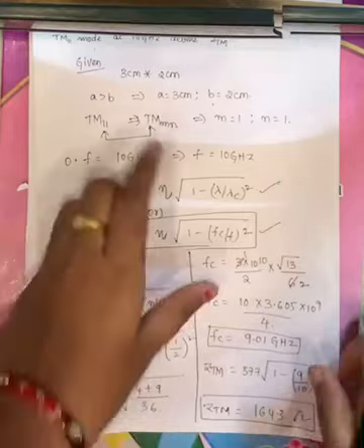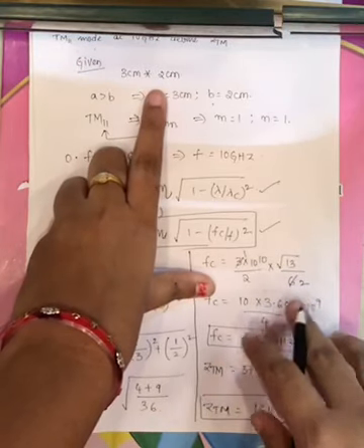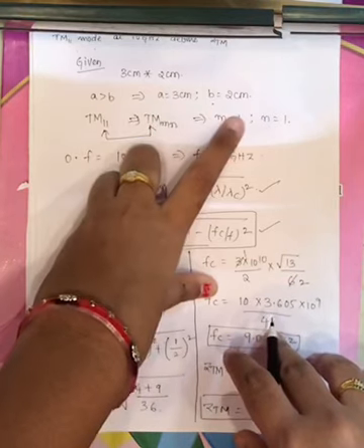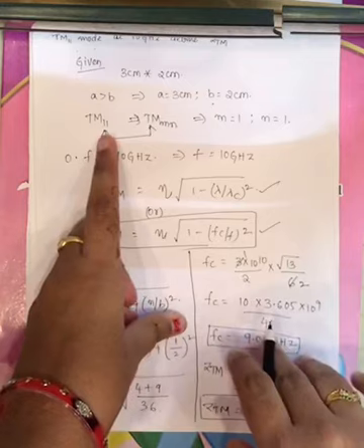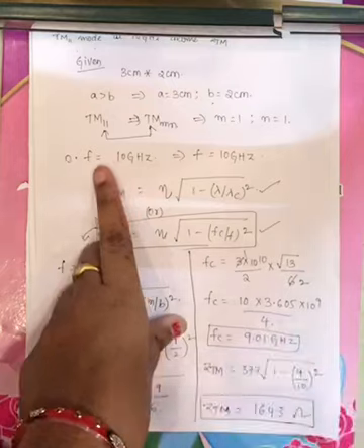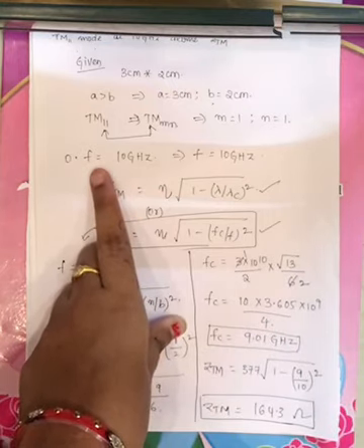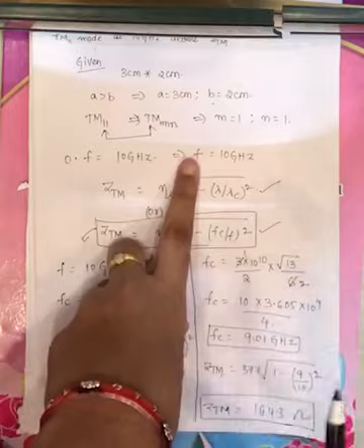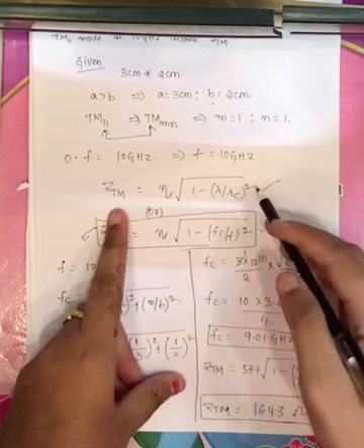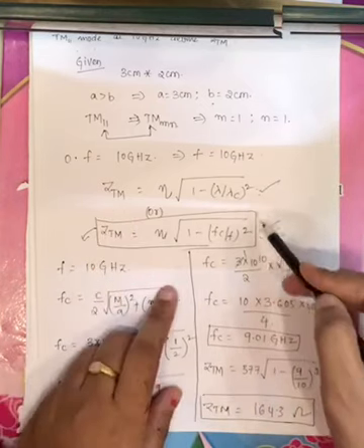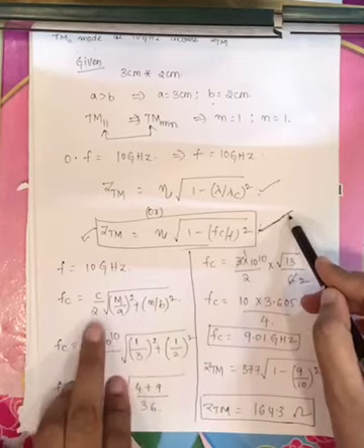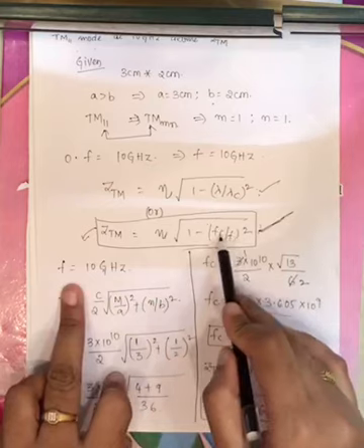Let me explain again. Now given 3 centimeter cross 2 centimeter. Always a is greater than b, a equals 3 centimeters and b equals 2 centimeters. Now this rectangular waveguide is operating under TM11 mode, that is m equals 1 and n equals 1. The operating frequency is given, which is nothing but normal f, only f, which is not fc. f is 10 gigahertz. Now you know the expression formulas of ZTM in terms of cutoff wavelength and in terms of cutoff frequency. Now I am calculating ZTM through cutoff frequency. f is given, only fc you have to calculate.